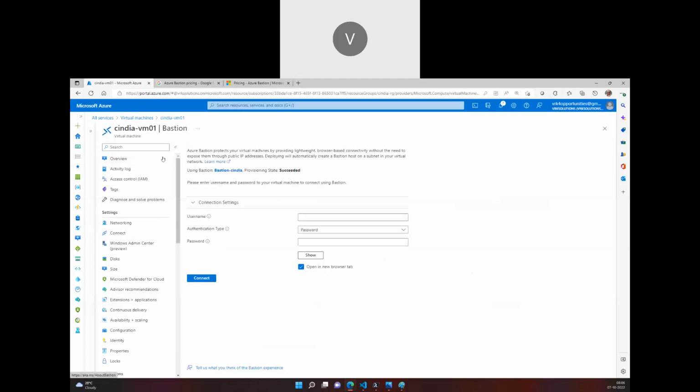So as I have access to the VM, because I was the person who created it, that's the reason why I have access. But in your organization, there will be thousands of users who will have access to the same subscription, but they might not have access to the VM. So in that kind of case, unless they have access, they can't log in to this VM. So only people who have access to the VM can log in. And to log in, you also need to know the credentials of the VM. That is, the credentials are trainer, and the password is Indian @ 1234567, and you click on